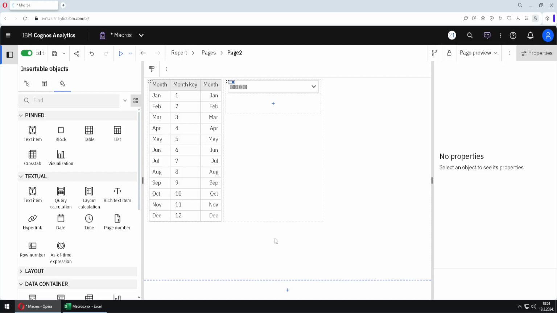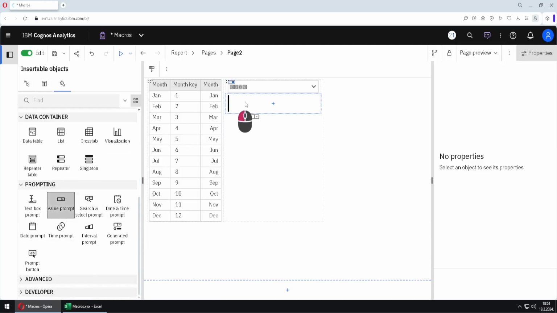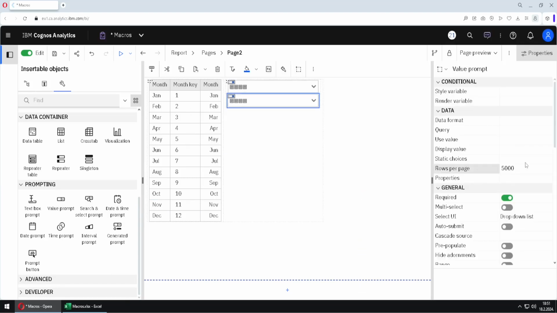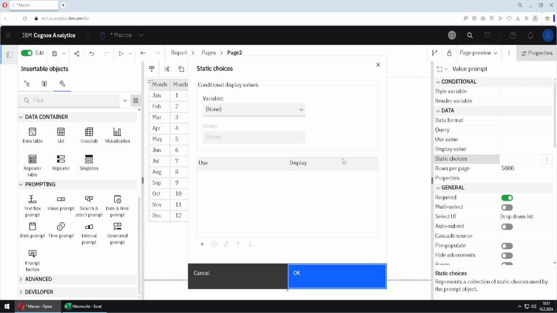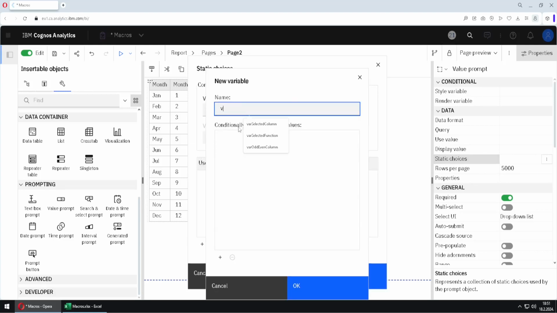I will now continue with my explanation of macros in Cognos reports. I will continue using this previous example, and I will add another value prompt in here. I will name this parameter parselected function. I will click on finish, and then I will again use static choices. I will create a new variable with the name var selected